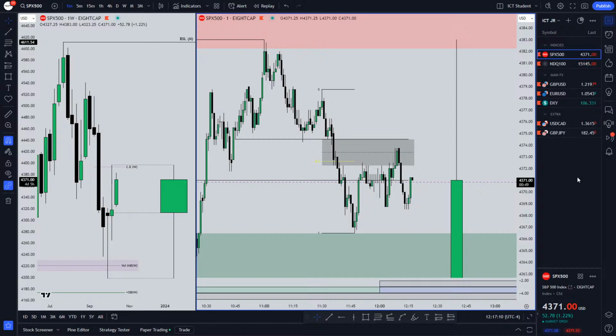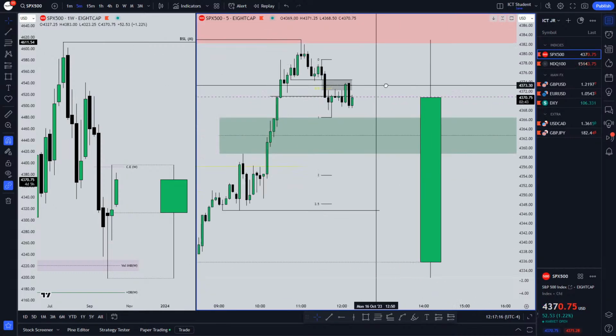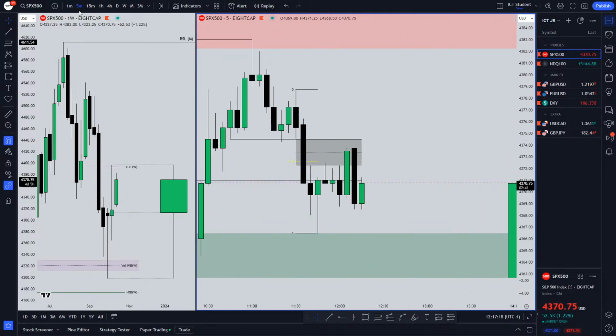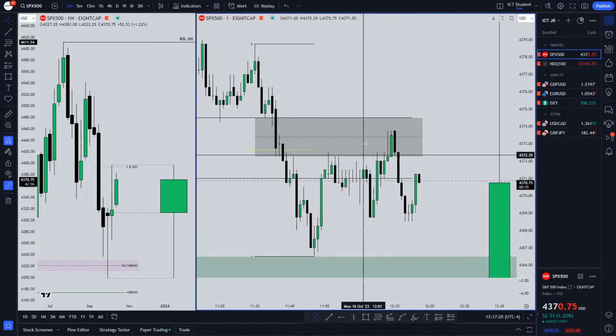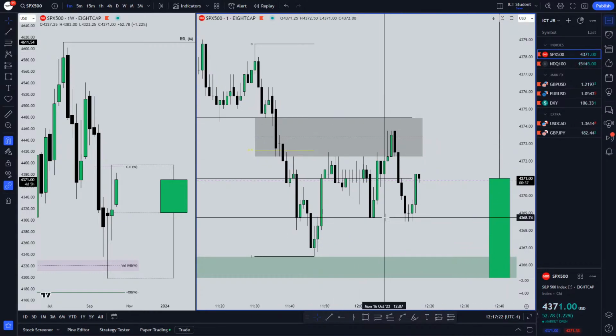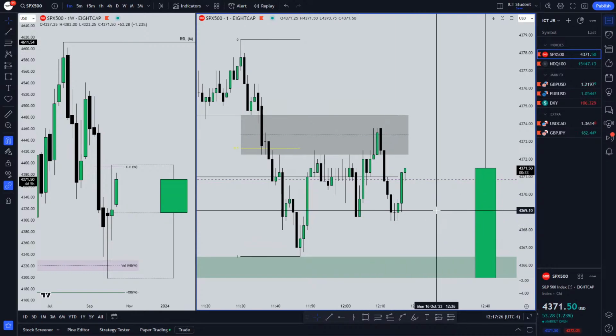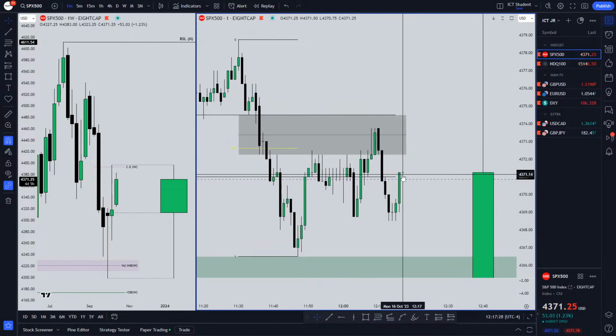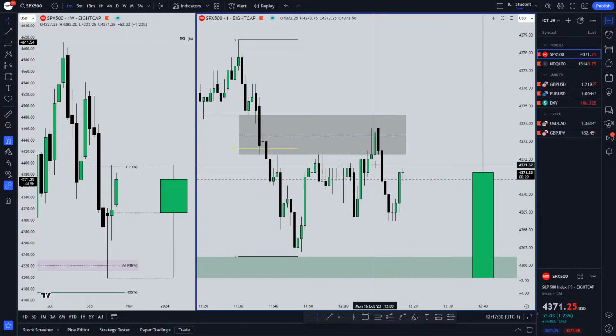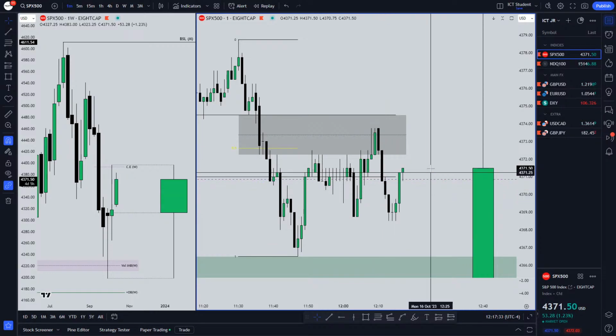It's very ideal. So right now we're just ranging, or yeah, you can say ranging, because on the 5 minute you can just see back and forth movement. Even on the 1 minute you can see it perfectly, back and forth movement. We didn't even close below these lows. If we did, that would have been a market structure shift. We are hitting this sell side imbalance. We did disrespect these 1 minute little fair value gaps.